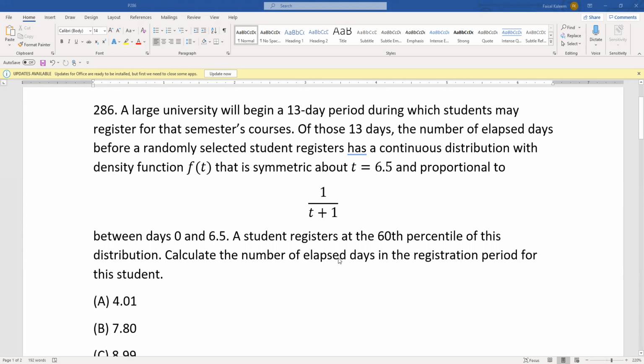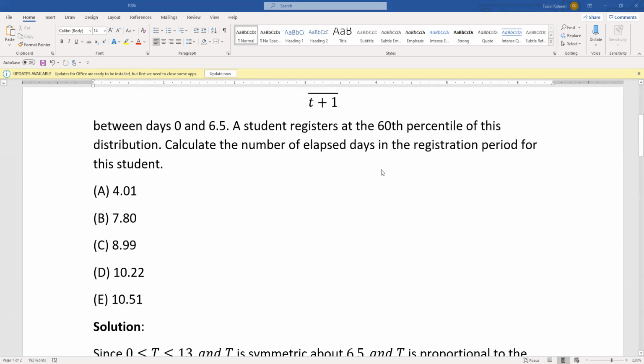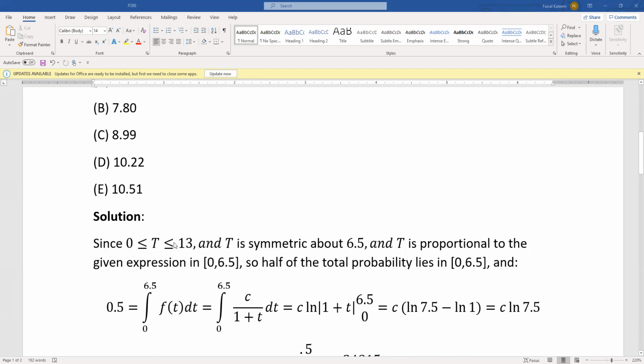A student registers at the 60th percentile. Calculate the number of elapsed days in the registration period for this student. So we are given that the time t could be anywhere between 0 and 13 days. T is the time before a student registers. And the PDF is symmetric about t equals 6.5. Since it goes from 0 to 13 and is symmetric about 6.5, it means